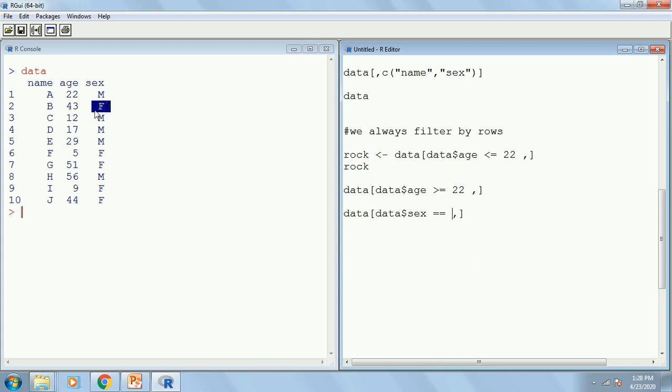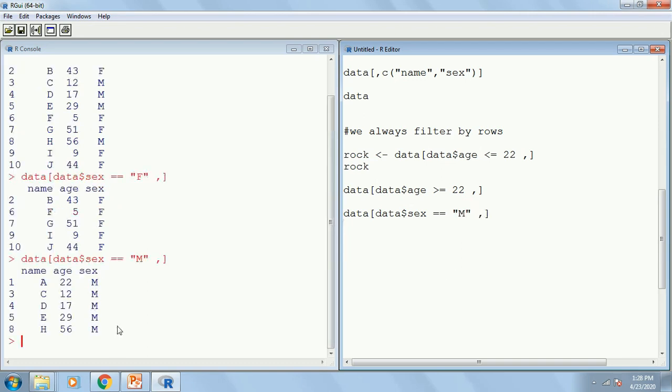I told you this is F, and F is in capital letter, it should be in caps. But whenever you are writing any character, I told you you have to write it in quotes, since it is a character, so I have to put it in quotes. Now I have all the people who are female. Now in case I want to have all the people who are male, similarly I can change it to male.